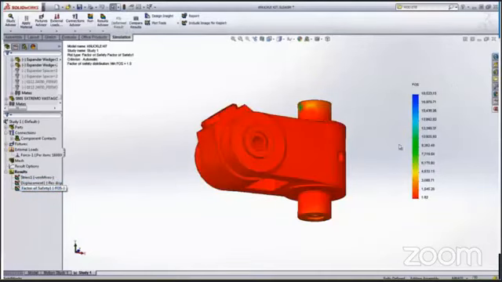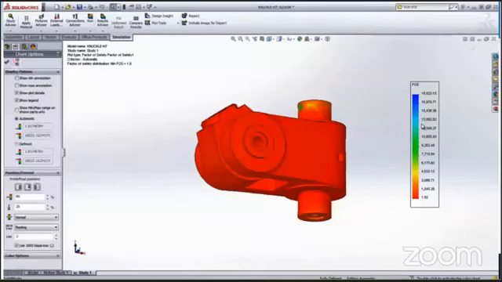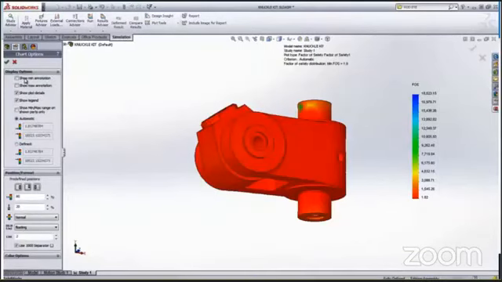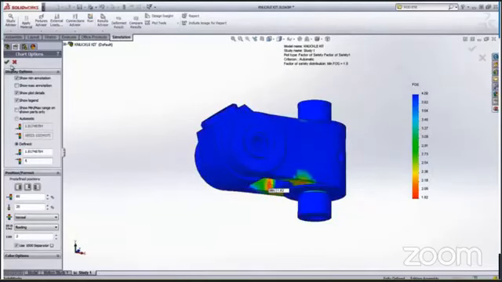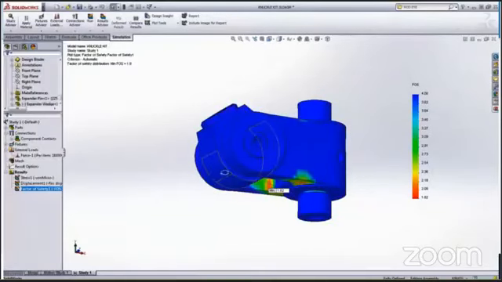That's it, and we are ready to run the simulation, which is completed. It establishes the contact between the parts and runs the analysis with the fastest solver in the industry. We are presented with the result in no time at all.